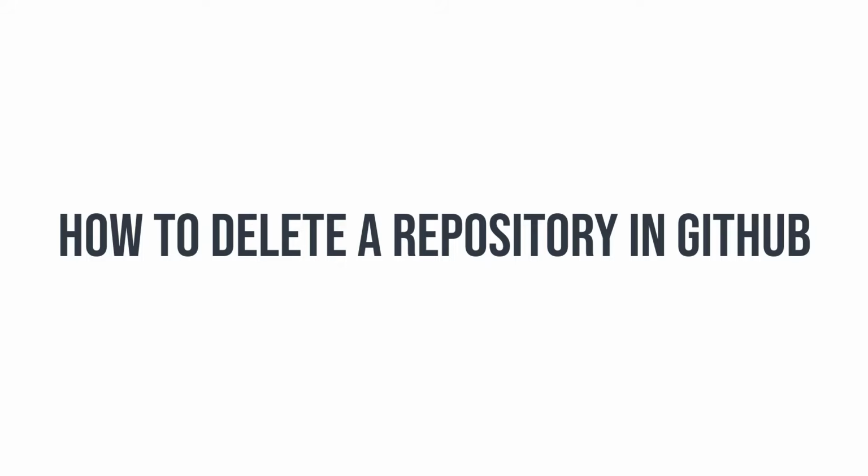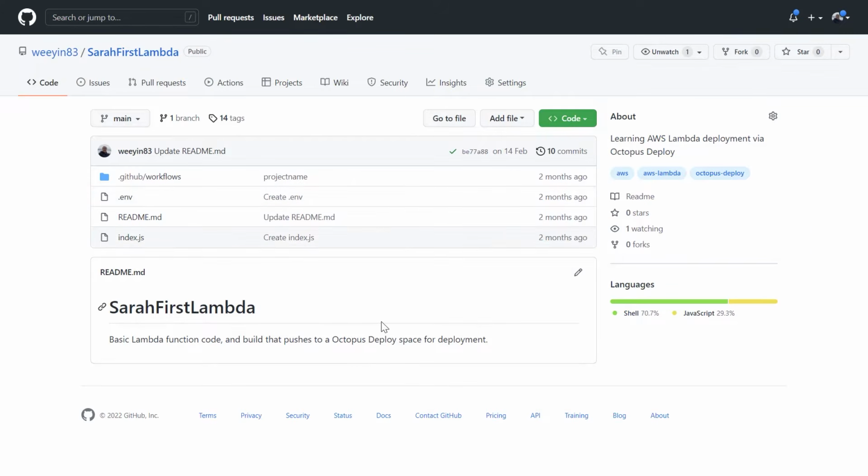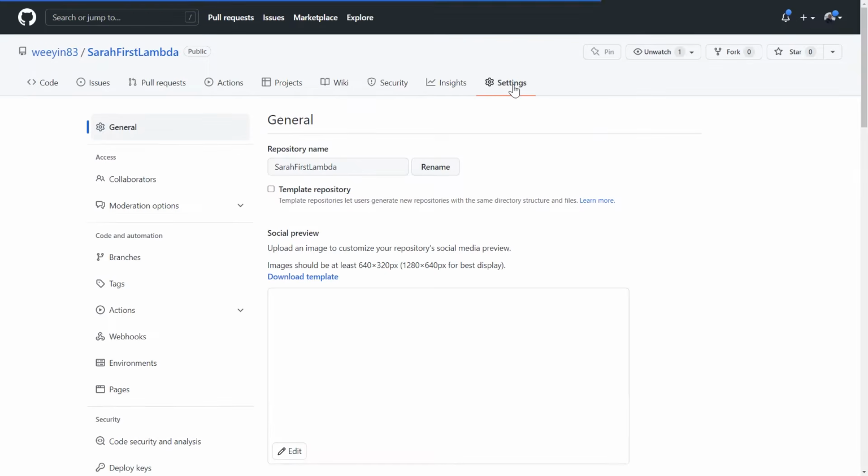What I'm going to show you is how to delete a repository inside GitHub. Here we are inside a repository in GitHub and I no longer need this repository, so I want to delete it. So I'm going to head over to settings and then I'm going to scroll to the very bottom of settings